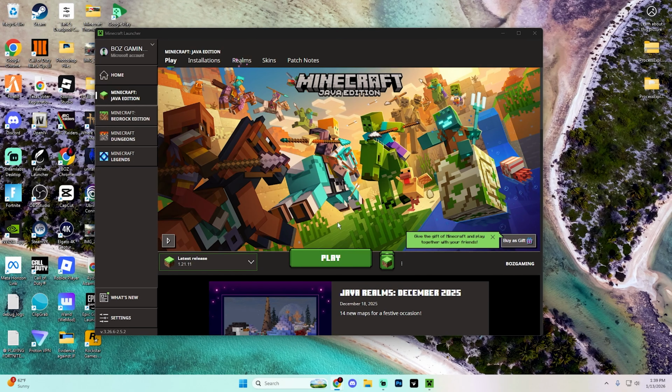In this guide, I'm going to show you how you can fix the incompatible mods found error here on Fabric